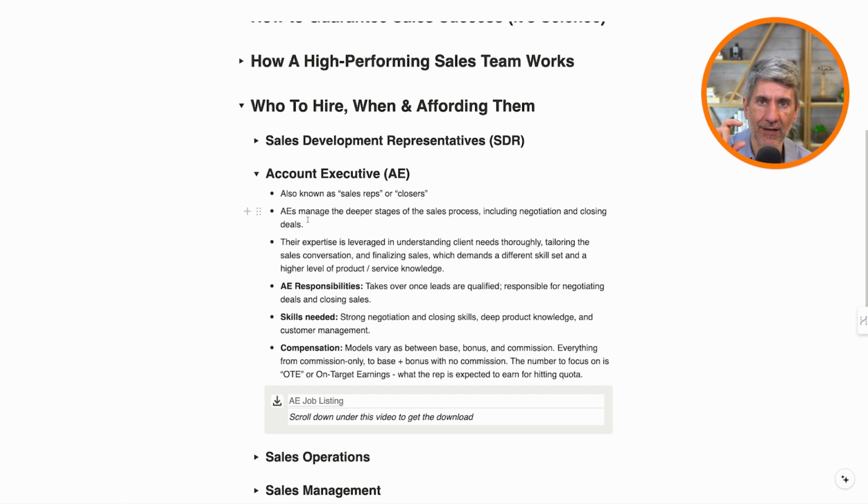But the point is that you're going to have this OTE number, and when you're doing the planning, as we go through these spreadsheets and things like that, we're going to look at the OTE number. There's multiple ways of getting there, and you might incentivize people in different ways. Obviously, if you've got a commission-only structure, you might be more generous with commission than if somebody was guaranteed a base salary. Lower risk for you,